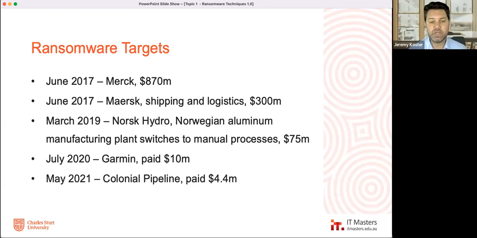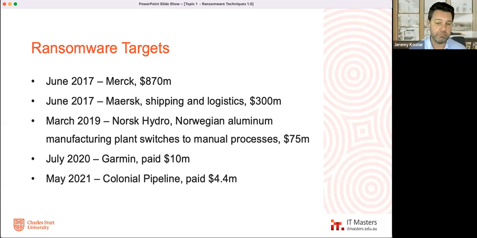In March 2019, there was Norsk Hydro, was kind of one of the big corporates really to have a proper ransomware request. They believe that their incident cost them $75 million. That actually stopped their processing of aluminium for a while, and they had to go to manual processes, which is quite a significant impact. How I understand aluminium manufacturing working is that it can't actually stop, or else it takes a long time and very expensive to start it up again. So they had to go to manual processes to keep their aluminium processing going, but also the damage that it did around that was quite significant.